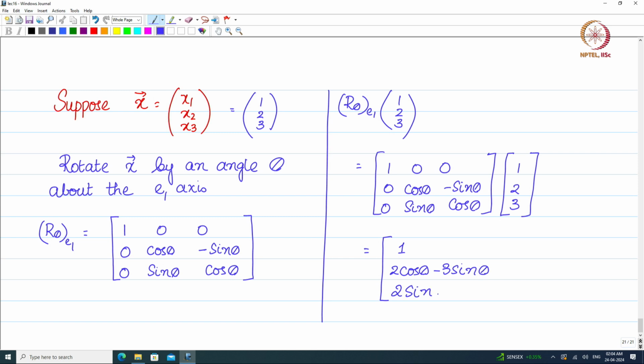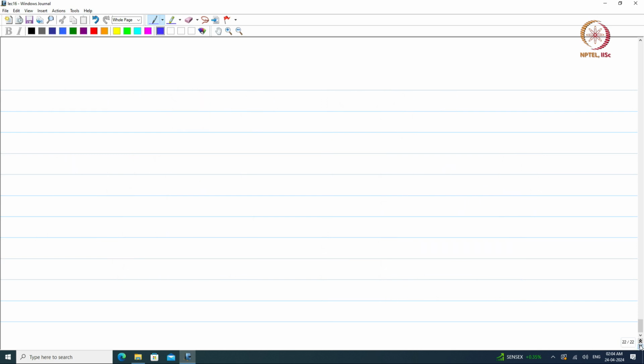Now, let me call this r theta of E1 applied on x, the vector u. Now, I want to rotate this vector u